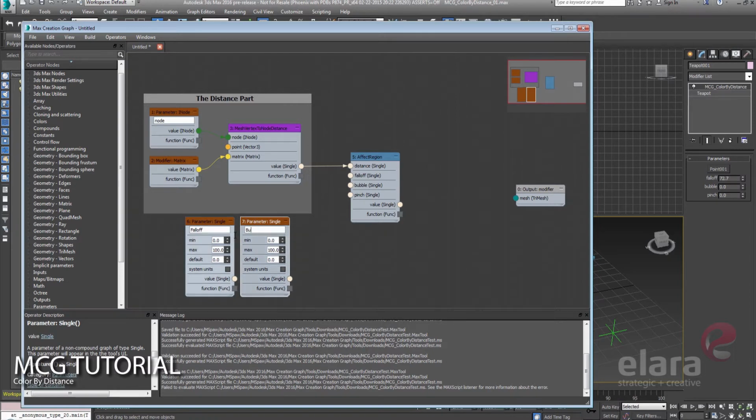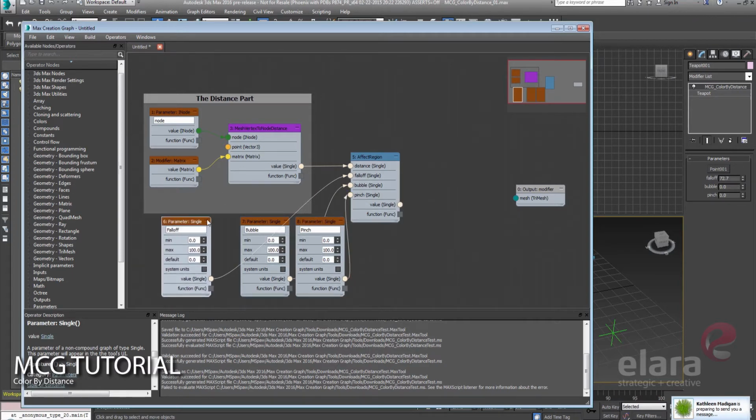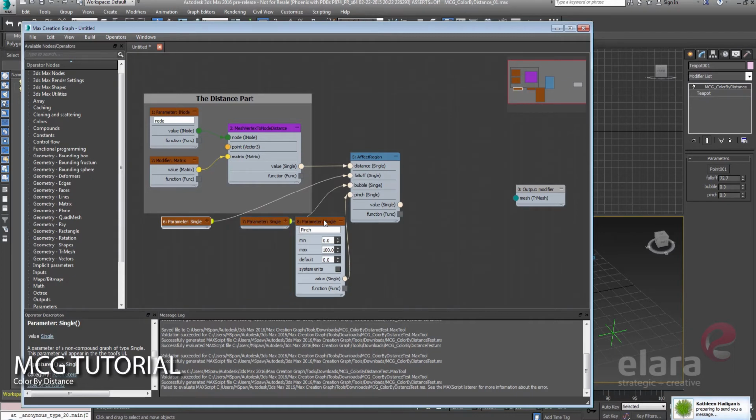We'll do bubble and one for pinch. Let's hook these guys all up into those inputs. Because they're taking a little bit of space and we don't really need to deal with them too terribly much, let's just collapse these guys down, get them out of the way.